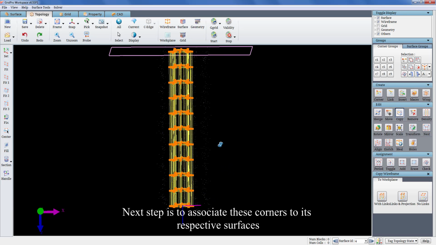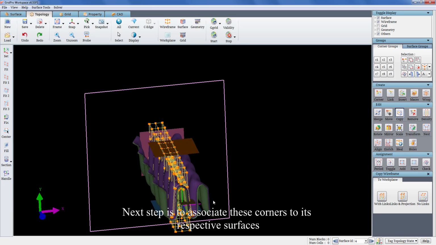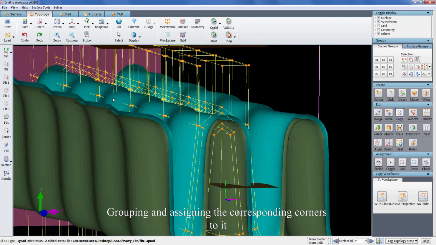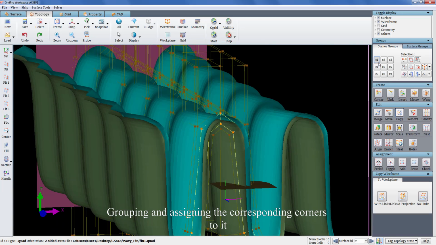Next step is to associate these corners to their respective surfaces. Scrolling to surface ID 2, which is the upper fin. Grouping and assigning the corresponding corners to it.